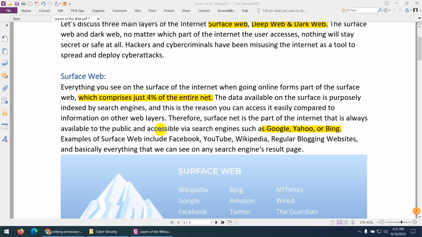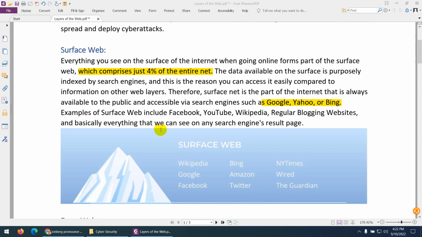and all those websites such as twitter.com, facebook.com, google.com, bing.com, and we search many things. All these things come under the surface web on a daily basis, and this is only 4% of the entire internet. So on a daily basis, YouTube, Daily Motion, Wikipedia, regular blogging websites, or newspapers, and all those things come under the surface web.